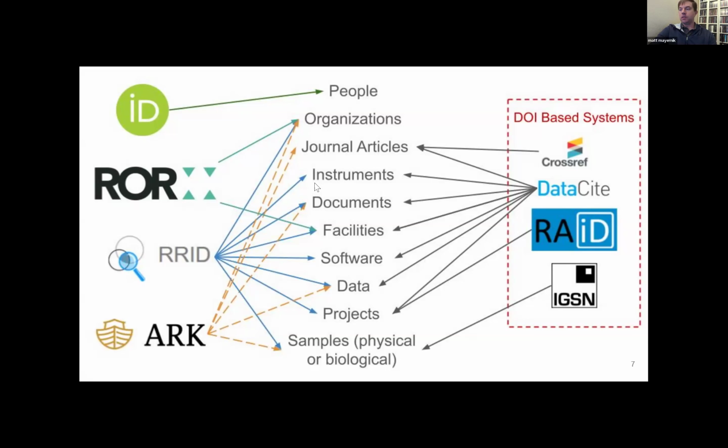Different communities make use of these in different ways. So this is the current state, whether we like it or not. I think discussions like we're having today can hopefully help us understand how we can make these arrows a little bit more coherent, but this is what it is right now.